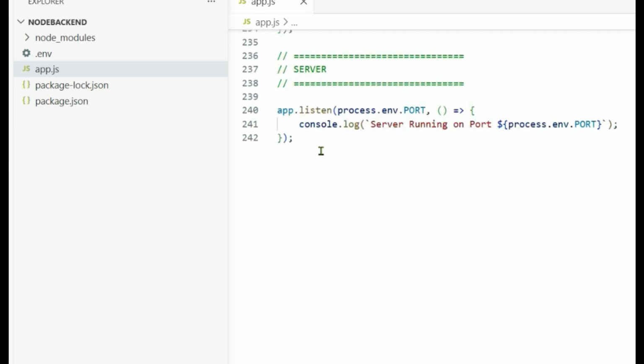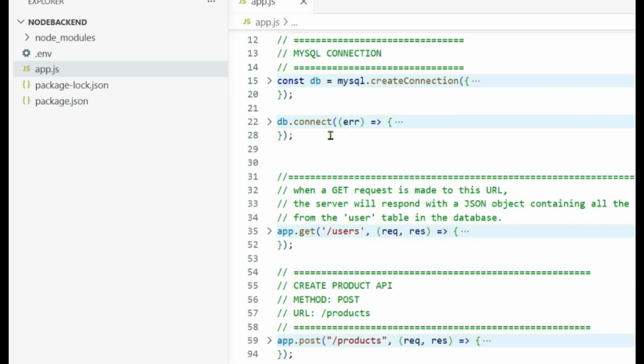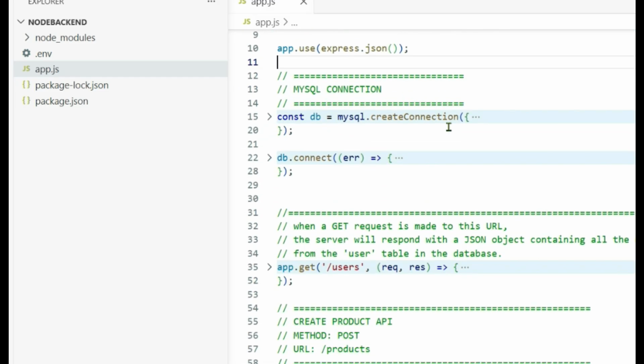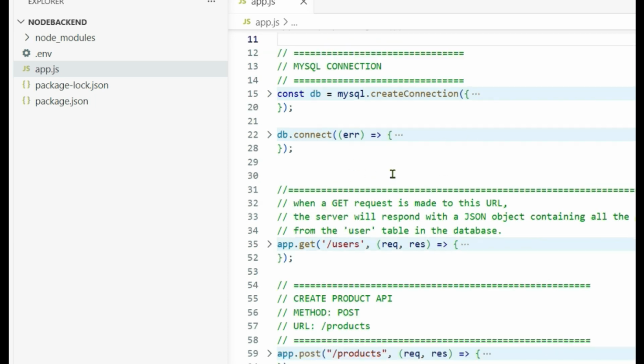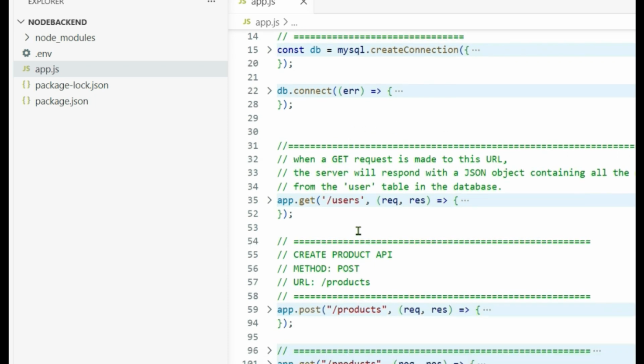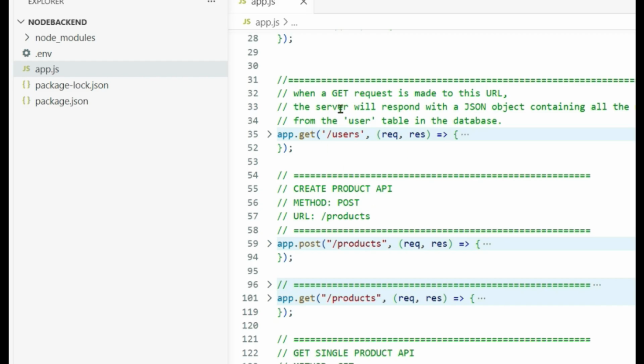And now, when we create multiple endpoints or routes for the application, it can become messy in a single file. So it needs to be structured in a proper way so that we can add an infinite number of